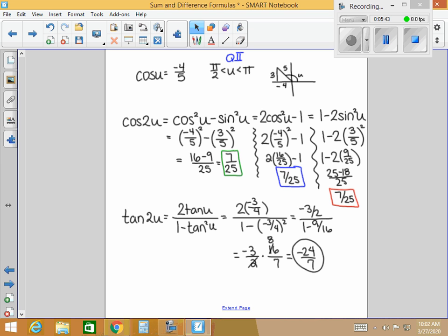Alright, so that's my remaining example for the double angle section, or part of the section, and we're going to move on to power reducing in the next